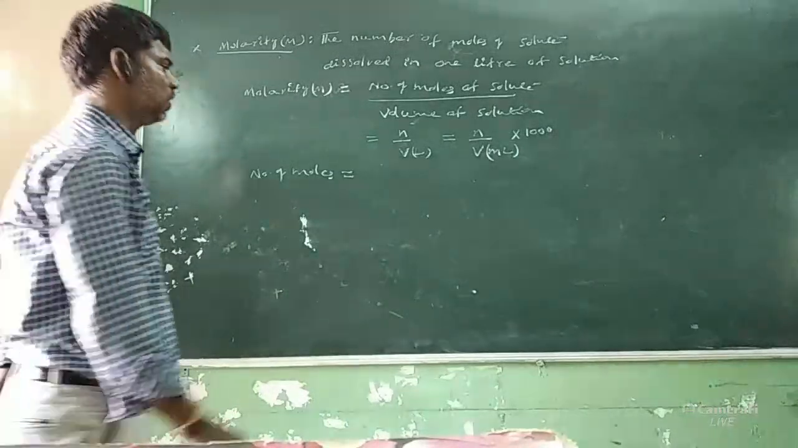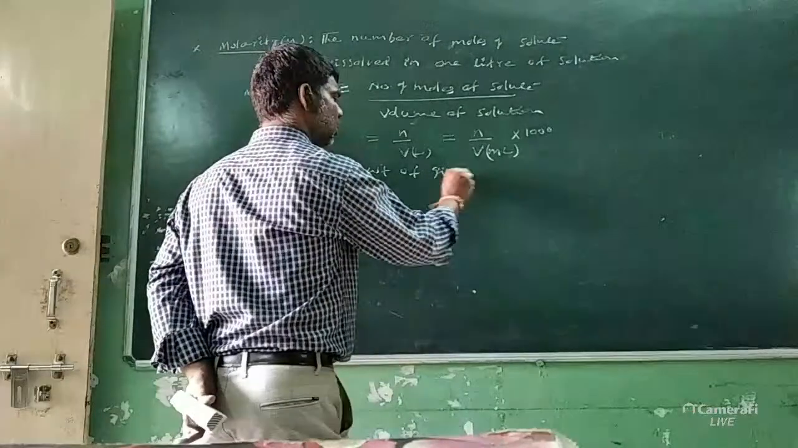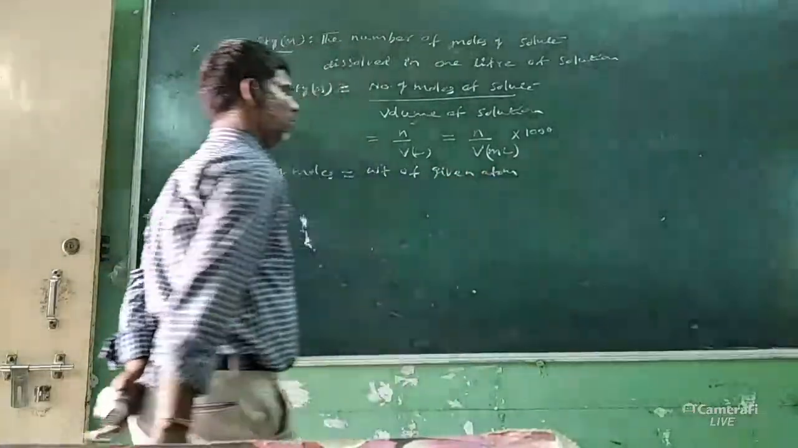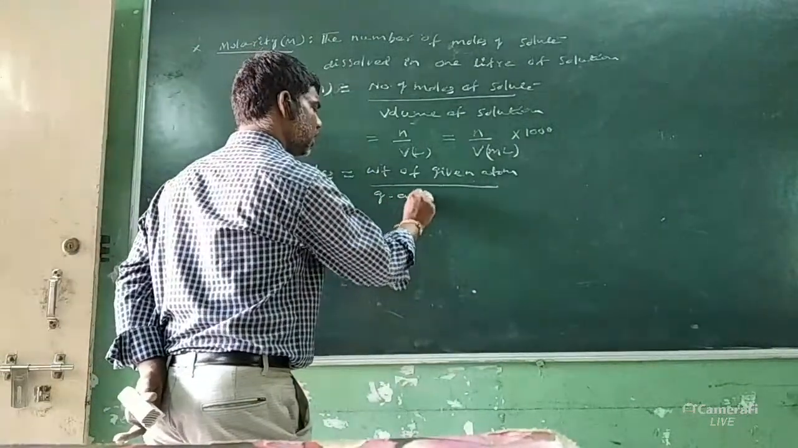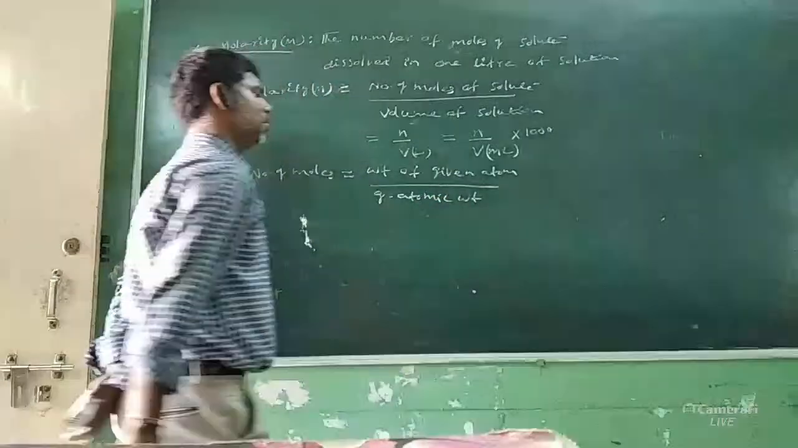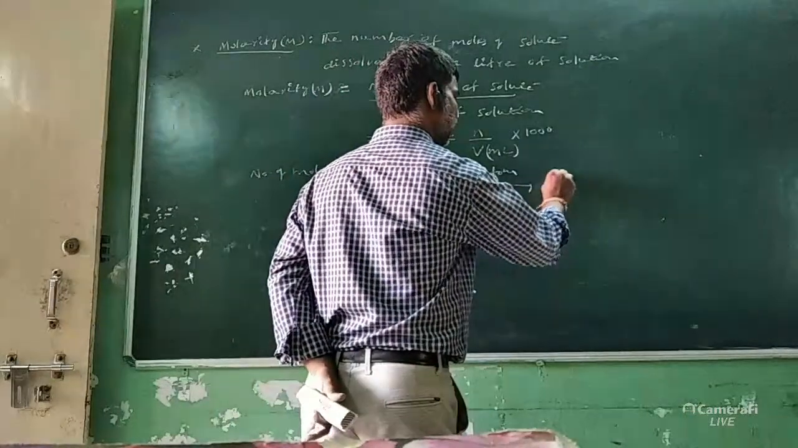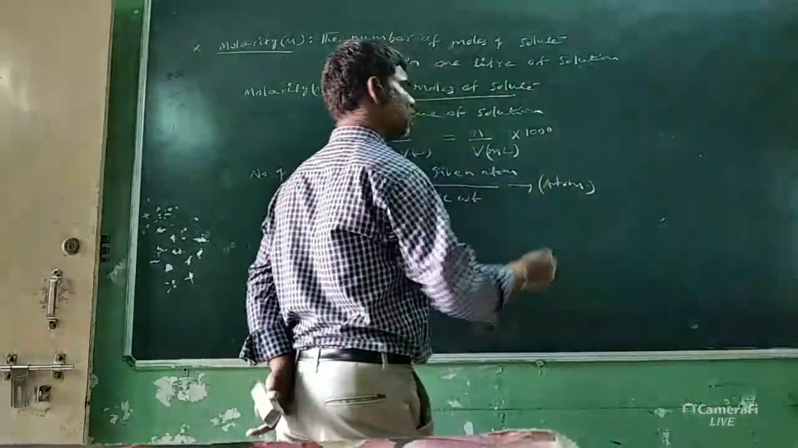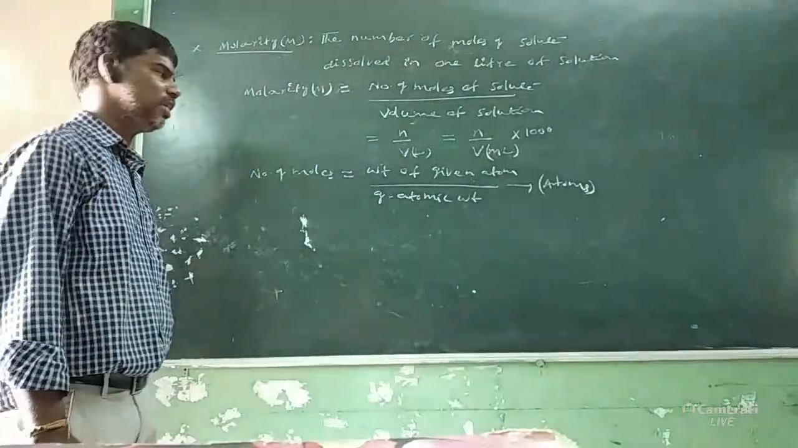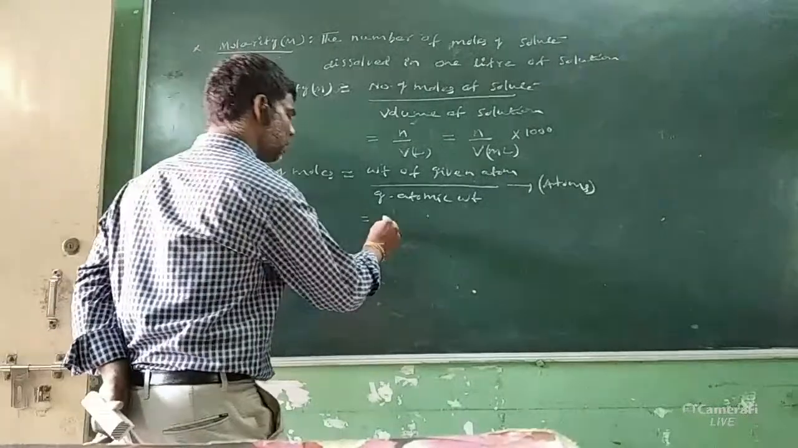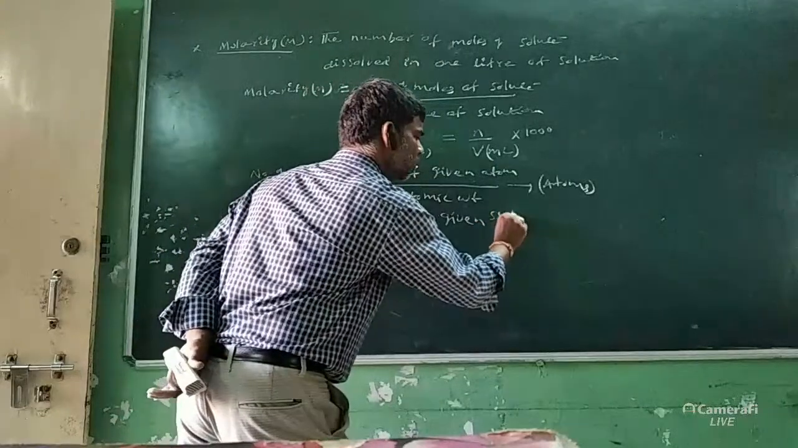The number of moles is equal to the weight of given atom by gram atomic weight. That is for atoms, as already explained yesterday. So the number of moles is equal to the weight of given atom by gram atomic weight, and the weight of given substance